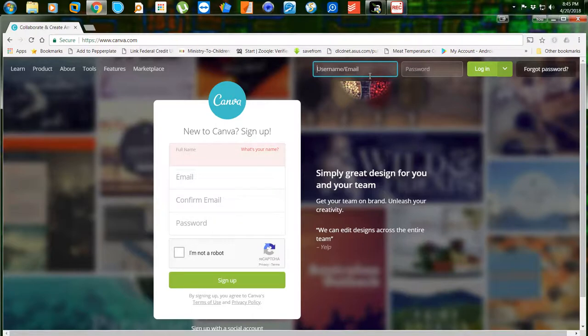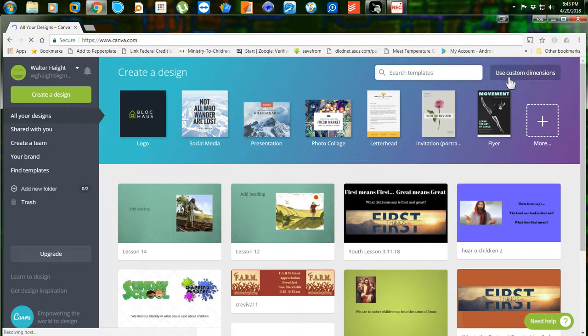So I'm going to sign into my account with Canva. And click login. Okay, we're in my account,